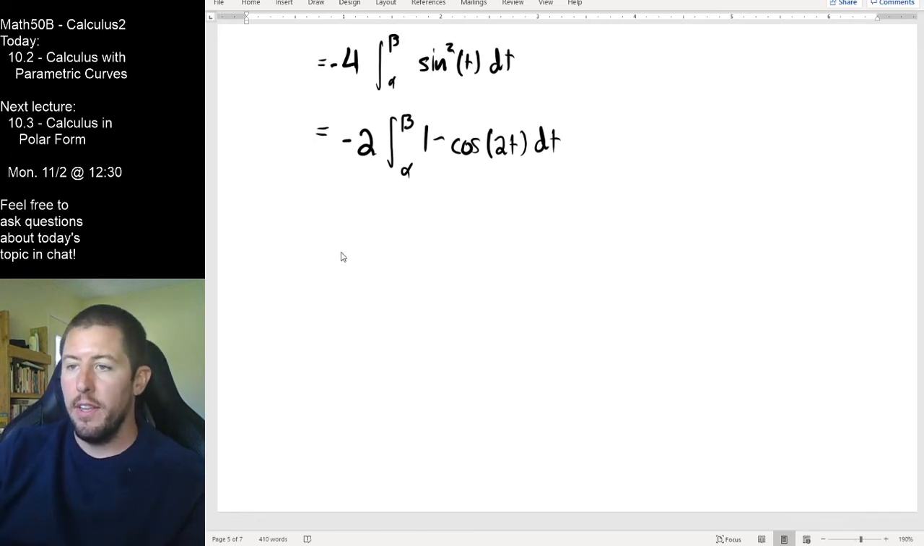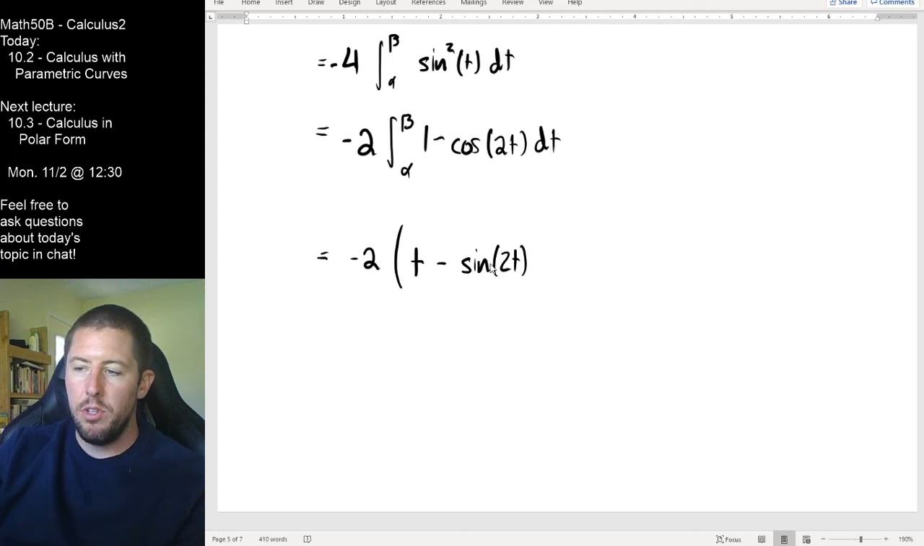Now I can take the integral of this, right? -2. Now we're going to get the integral of 1 is t, minus the integral of cosine. So I know that the integral of cosine should just be sine, so I'm going to get minus sine of 2t. But if I were to take the derivative of sine of 2t, I'd get cosine 2t times 2. I need to undo that multiplication by 2 that's going to pop out, so I'm going to get a 1/2 that's going to sit on that right there. And we're going to evaluate this from alpha